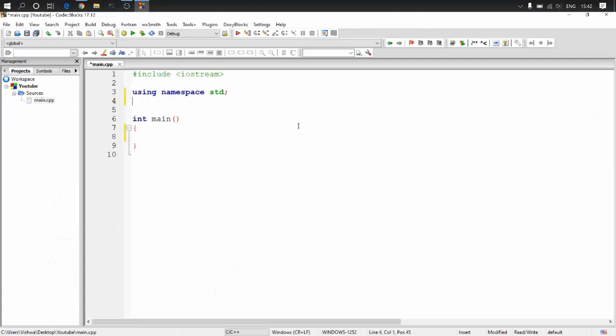So let's say class A, and we'll keep this simple. We'll just have a constructor and destructor as we had in the previous example.